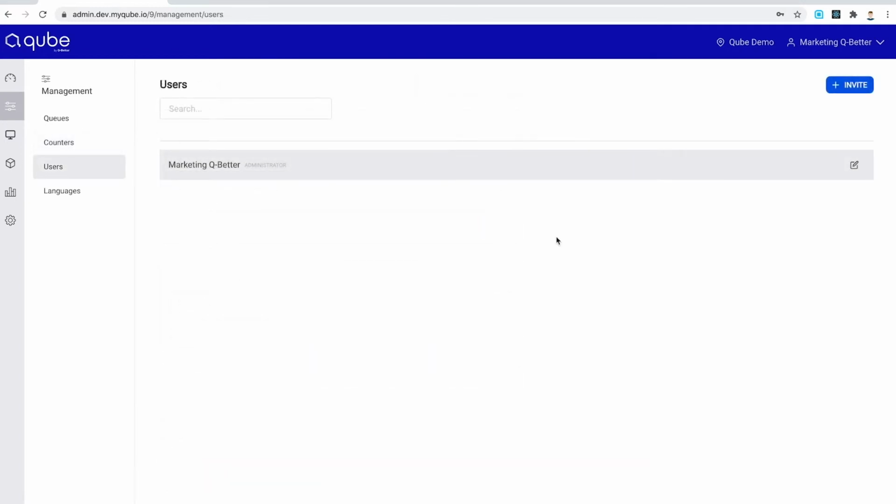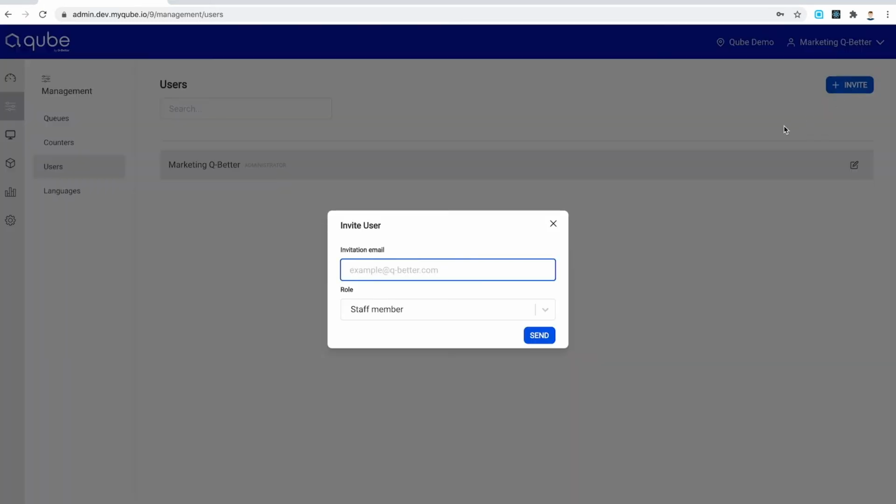Each location can be accessed by multiple users. Here you'll have a list of them, and you can always invite a new one. To do it, you just have to click on this button here and type the invitation email. I'll invite Claudia, so I'll type her email here,